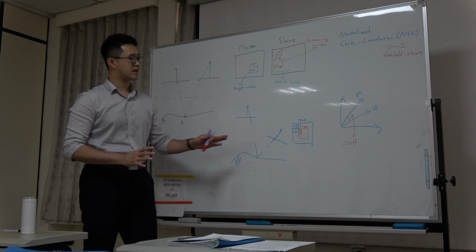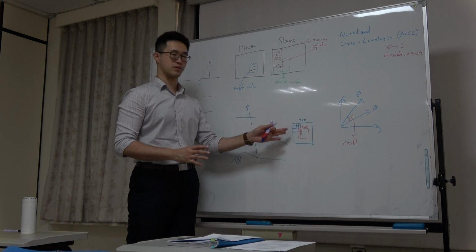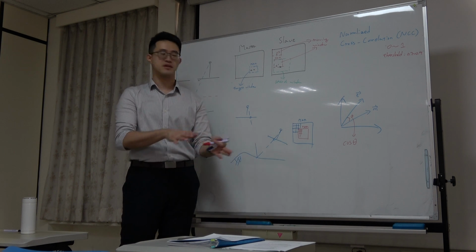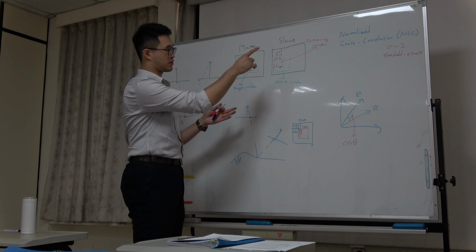However, in reality, they cover different regions. So you couldn't directly use the NCC to calculate that, okay? Because the resolution and the image scale are different. So you need to normalize that so that you can calculate the